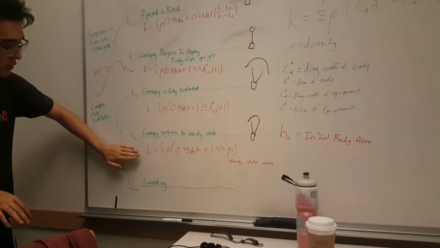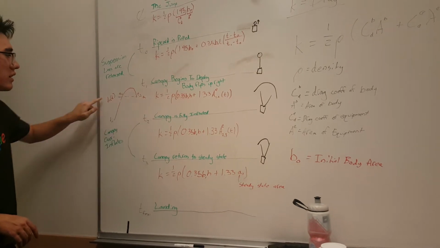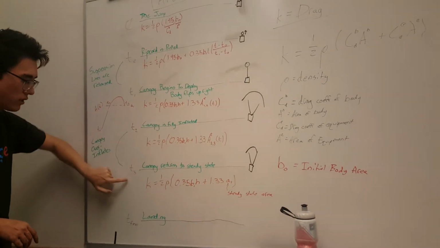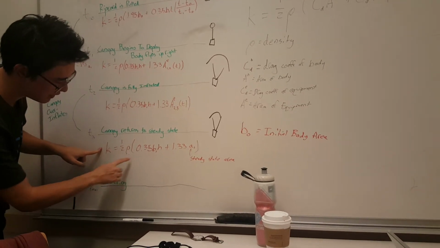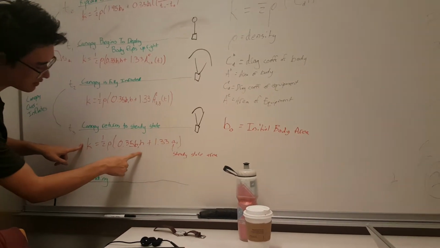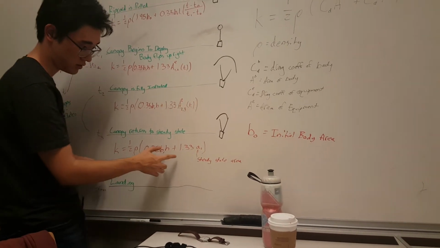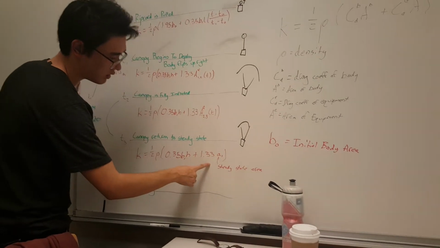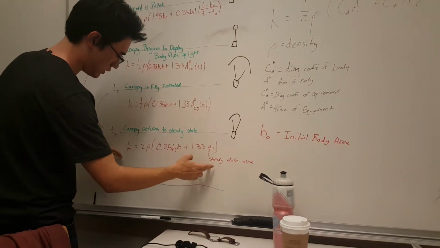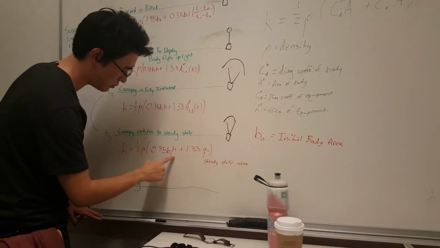And then once we've reached that A1 again, that steady state area after T3, we have a brand new K value. Once again, we're assuming the same positioning of the skydiver, and we have a constant area now for the drag of the equipment, and so we have the same K value as we're falling. It's still dependent on the height,